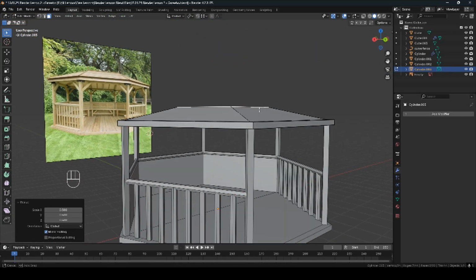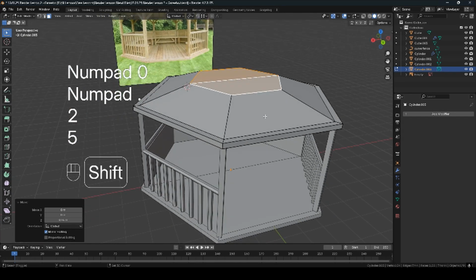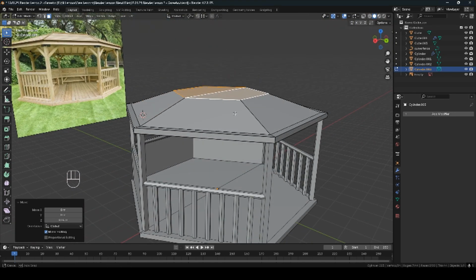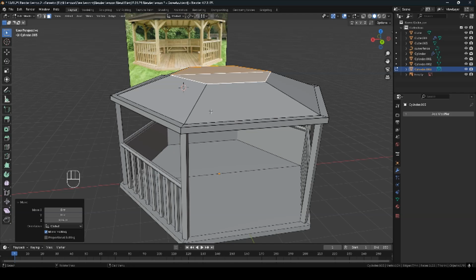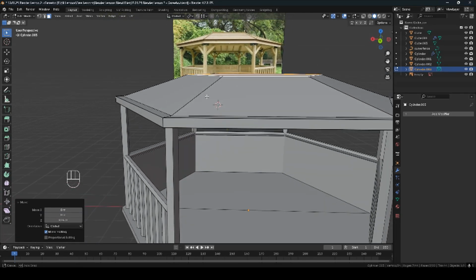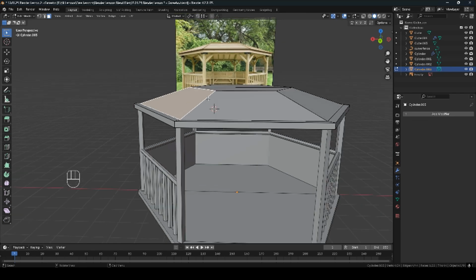Okay, that's not too bad. I'm going to press GZ and I'm going to bring that up a little bit more, maybe 0.25. So you can adjust that to the way you like it. So that looks fairly nice to me. Okay, I've noticed it's got a bit of a lip over the top as the roof is going down. That's not a problem. What we could do with this is